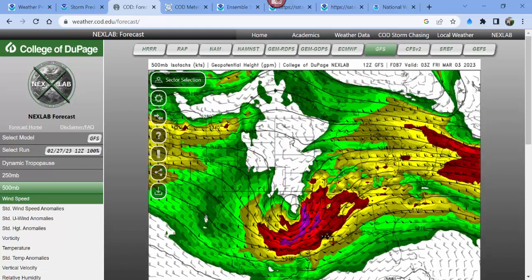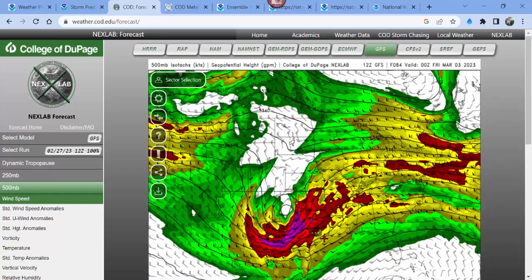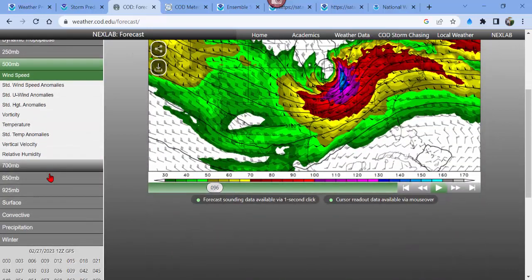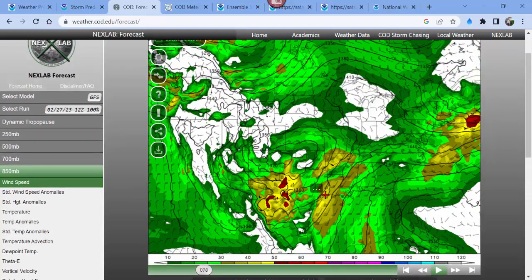So when we talk a little bit more about the shear that's associated with this front, that's mainly the shear you're looking at right there, those really strong winds aloft. So very strong forcing associated with that. And then a little bit lower in the atmosphere, we're expecting a very strong, what we call a low-level jet